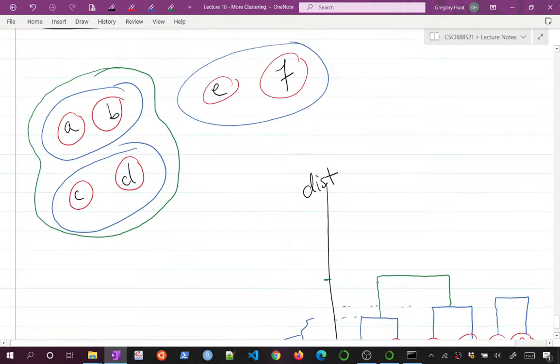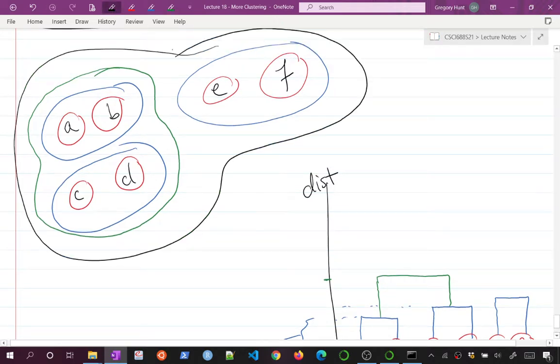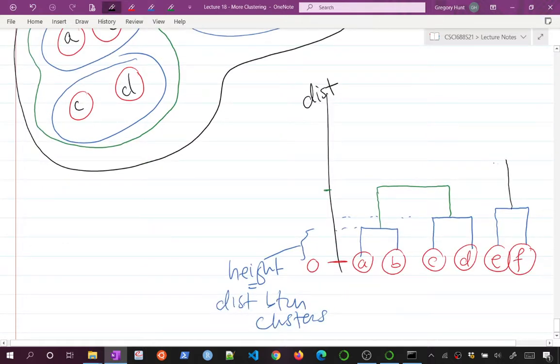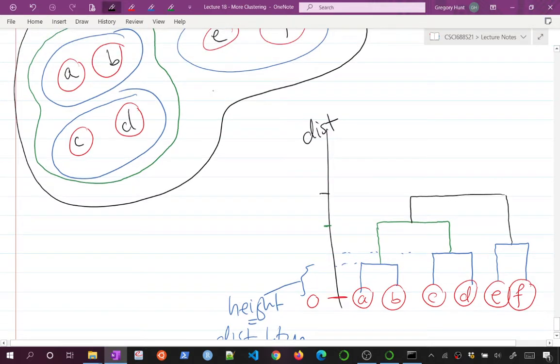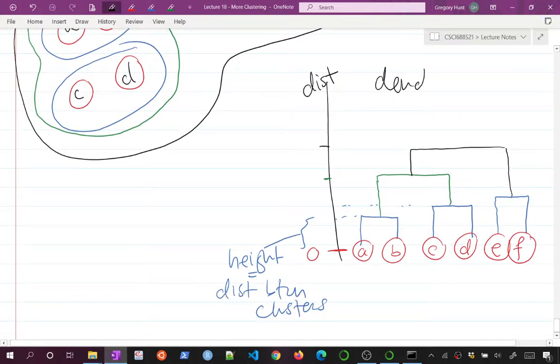And then my final thing I do is I merge all of them together. Okay, and that will have some height, and the height over here corresponds to the distance between my ABCD cluster and my EF cluster. And so I get this thing, and this is called a dendrogram. And the dendrogram, you can basically read off and look at the structure of your hierarchy. So AB and CD are nested within ABCD, which is nested within, and EF is nested within the whole thing, right? And furthermore, if I were to pick a point here, a cut point, and I were to cut this thing,